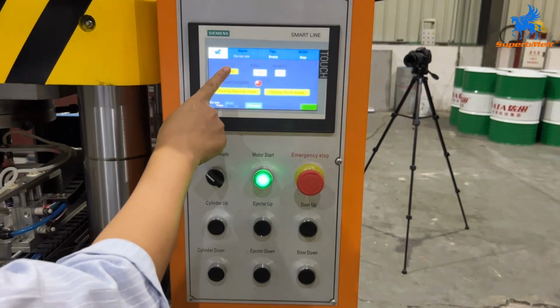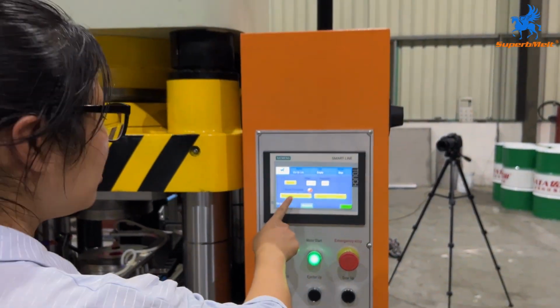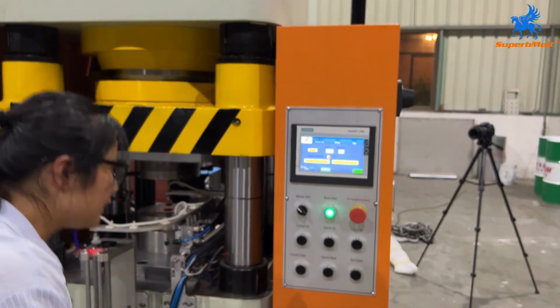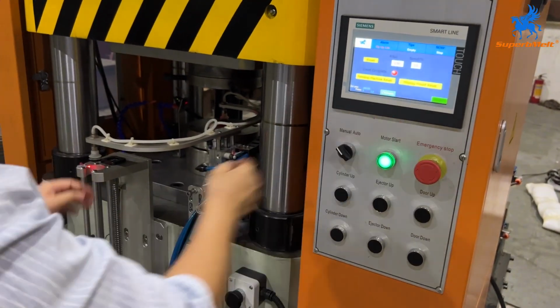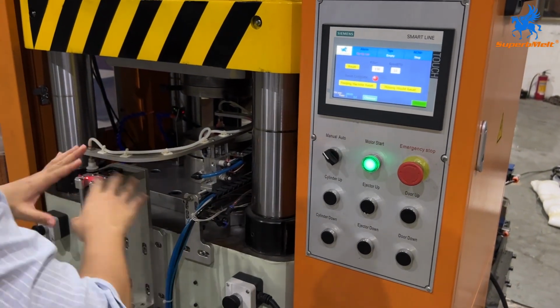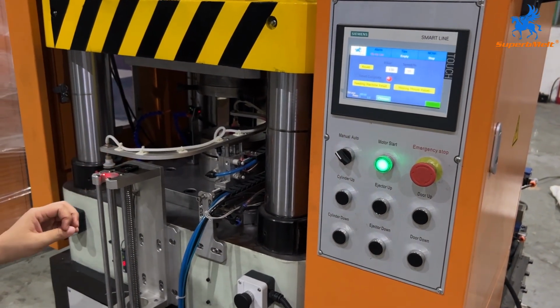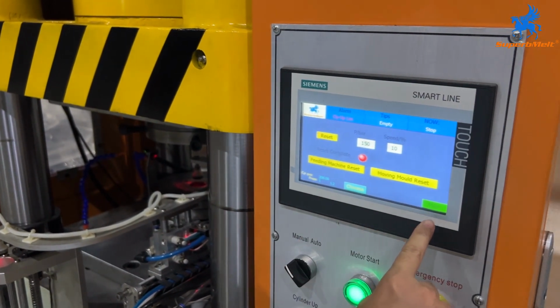First, we open the manual mode and press motor start and open the emergency. And we reset the cylinder here. Press reset. Also press feeding machine reset. Press here. Also the moving mode. This one, it is the moving mode. Press reset. Let everything be at the original point. After you reset 3 buttons, you press menu,